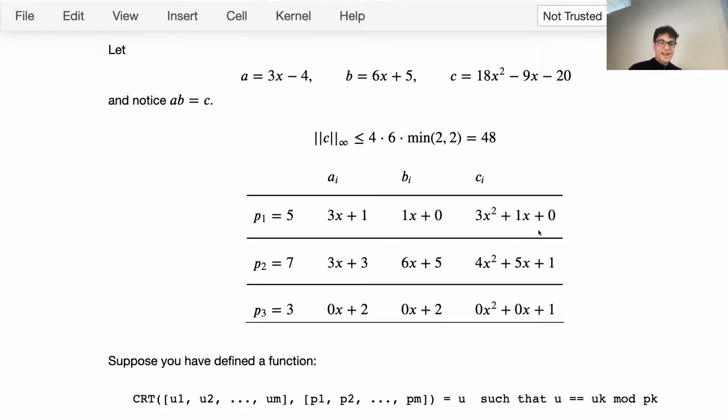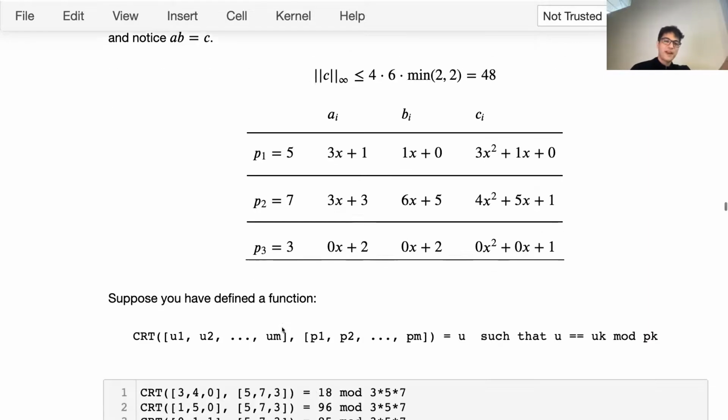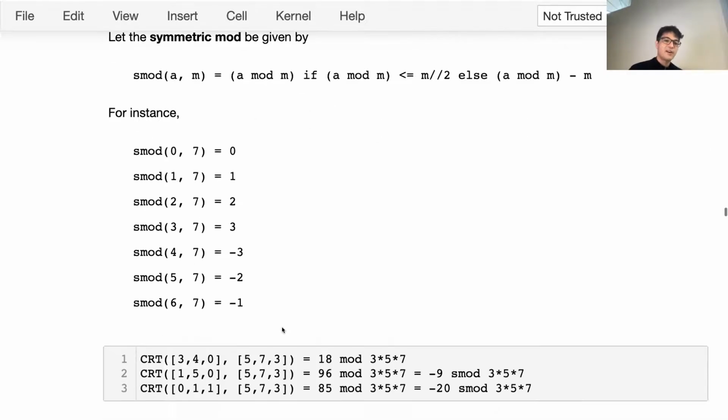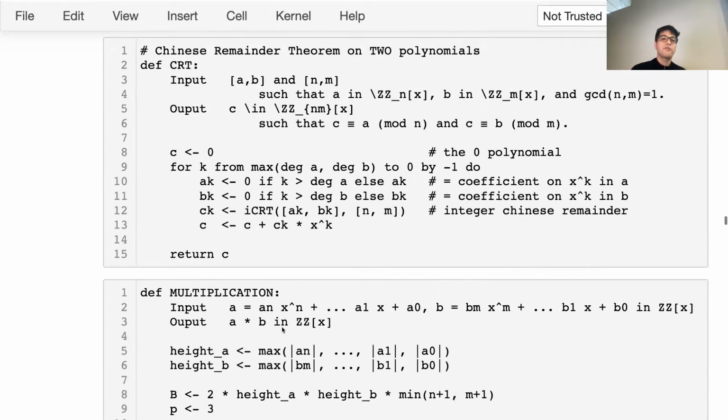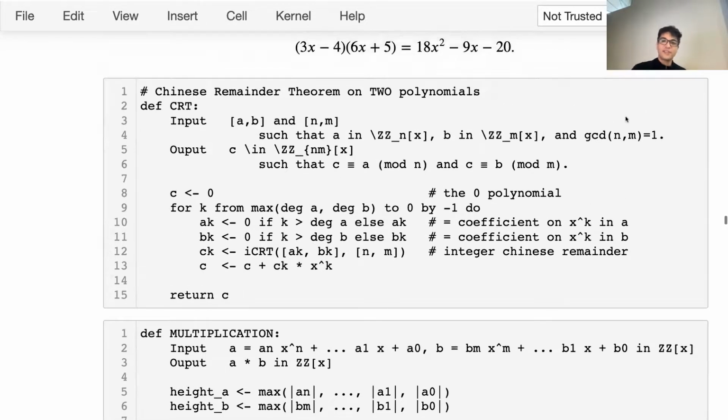So you do it for 5, and then you do it for 7, and you combine them, and then you do it for 3 and combine it, and you keep going until the product of these primes has passed your threshold. That's what I have outlined for you here. So I said, here's the Chinese remainder theorem. Given 2 polynomials, A and B,